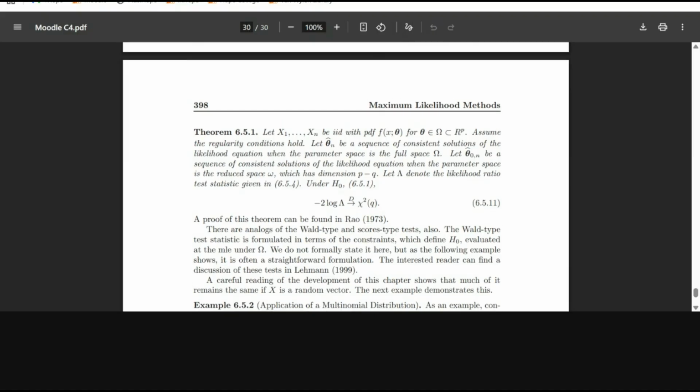I will just, it's really easy. Q is the difference between the number of free parameters in the entire parameter space versus the number under the null. So in the example where I constrain mu to be 5 versus when mu could be anything, the dimension, okay,